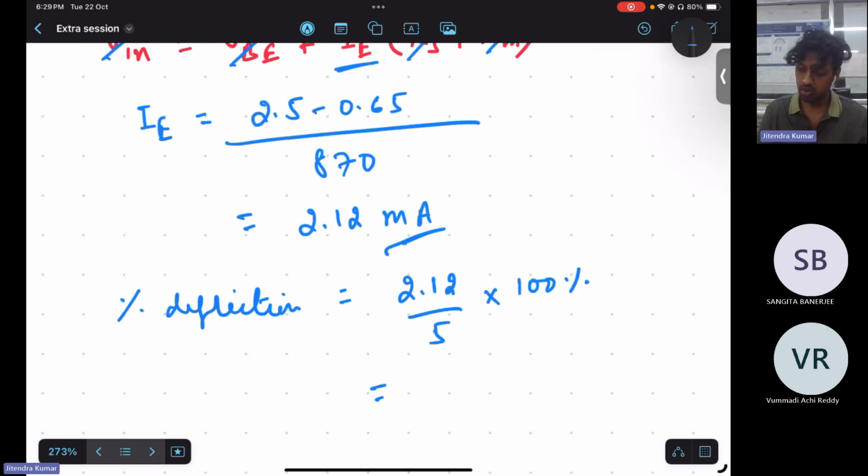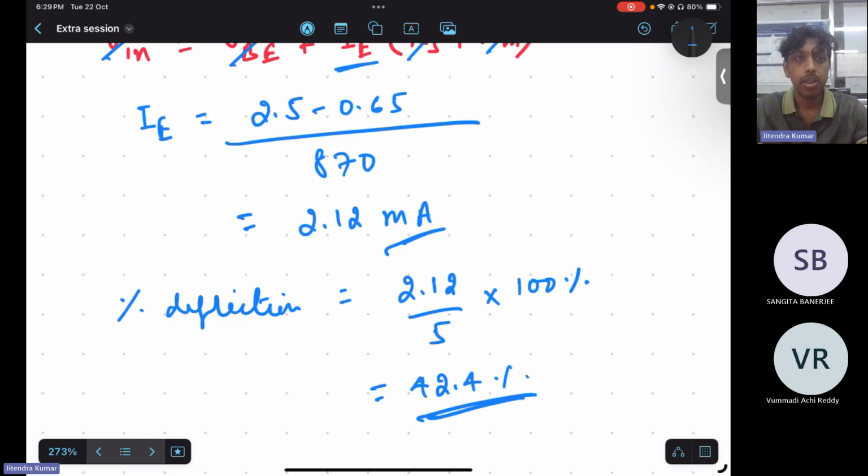Okay, so now it will be 0.4242, 42.4% it should be. Okay, so that much percentage of deflection will be there if you change your input voltage,